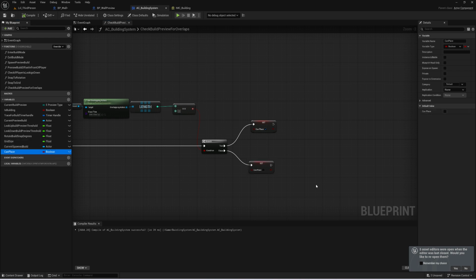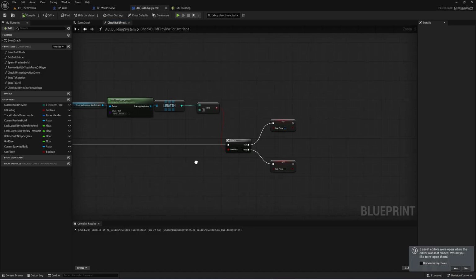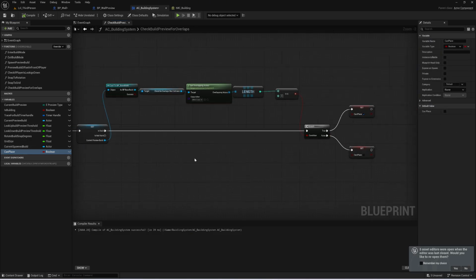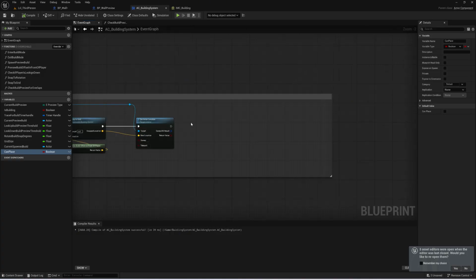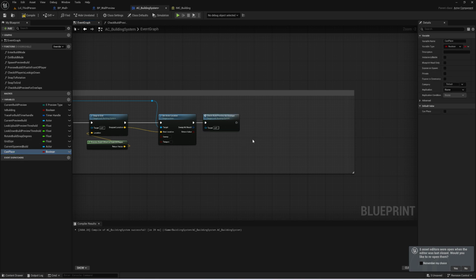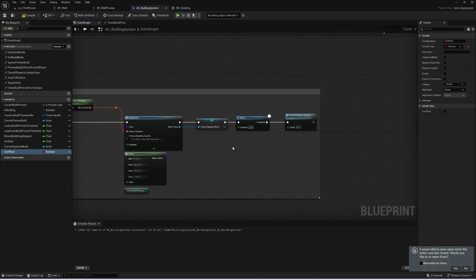Can place by default is false because we always want to run this check before we do it. We never want to be in a situation where we're placing a build without already having done this check. So if we'd set can place by default to true, that means that sometimes we would have been able to run the logic for trying to place a build before we'd done this check. And I'm going to put this check right here. Because the variable is updated inside the function, that's all we really need to do for now. And then if you go down to place build,